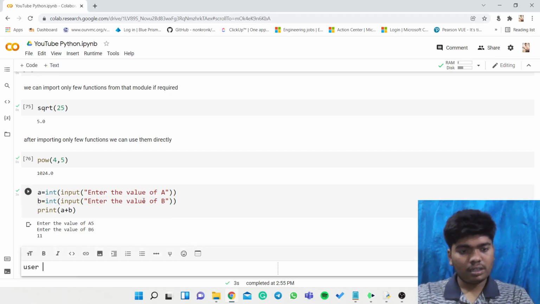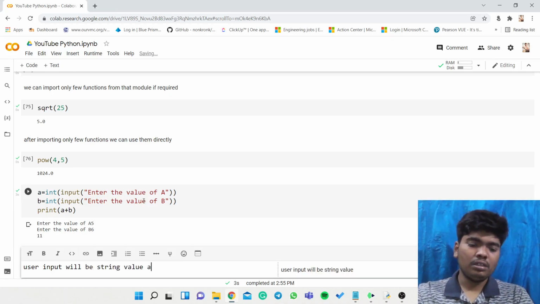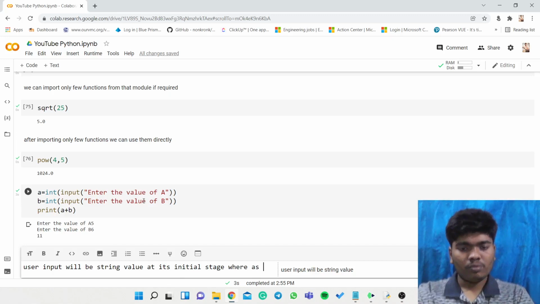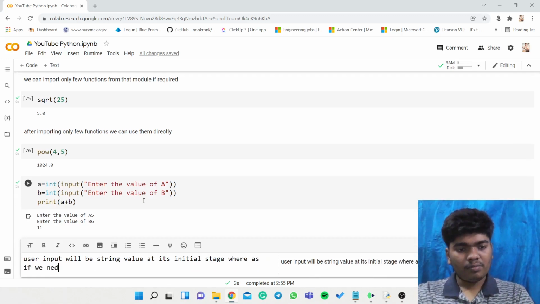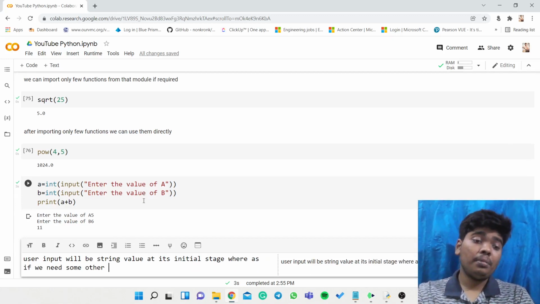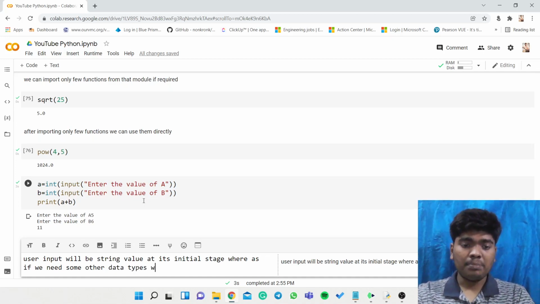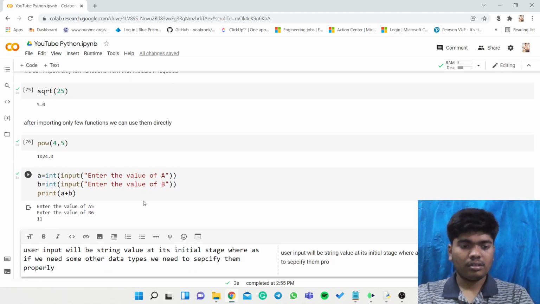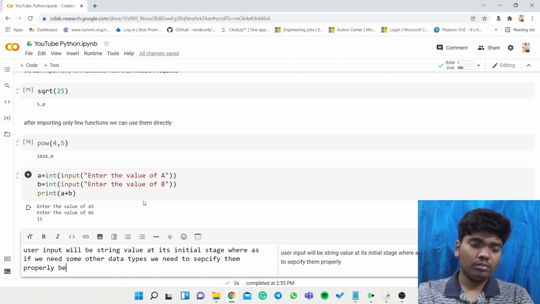So user input will be a string value at its initial stage, whereas if we need other data types, we need to specify them properly before taking the input.